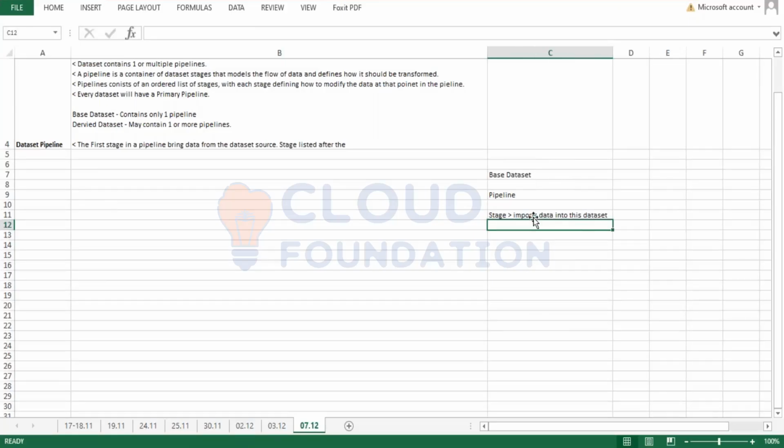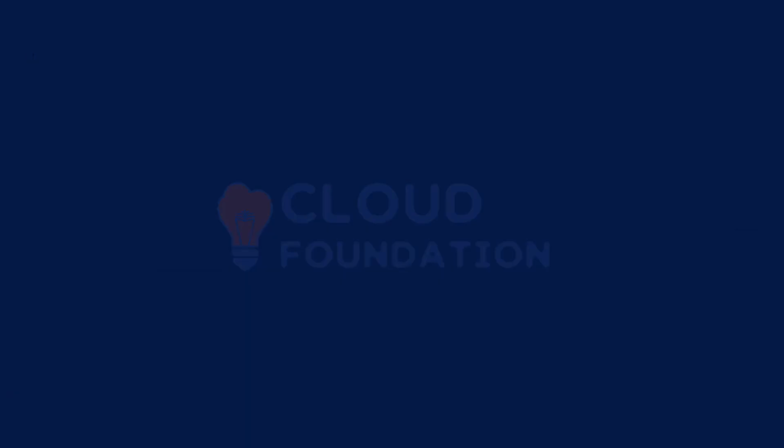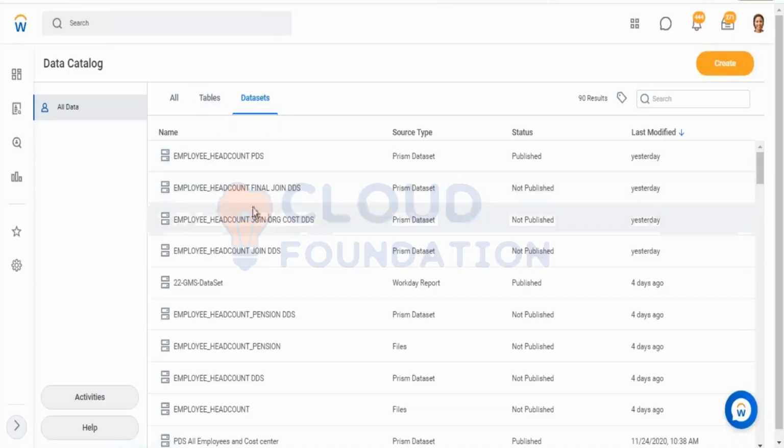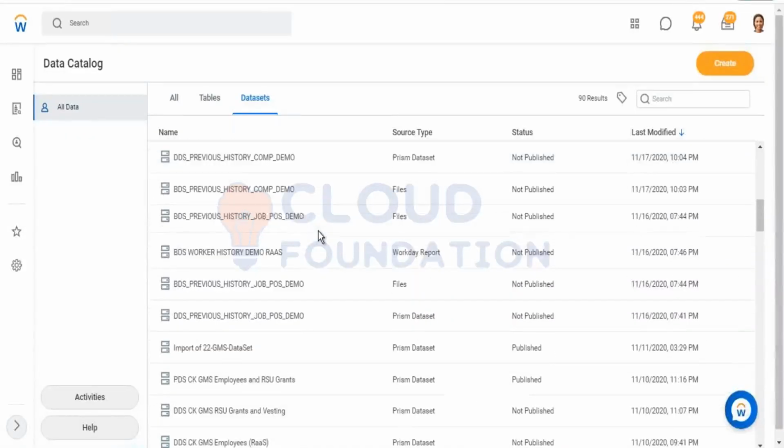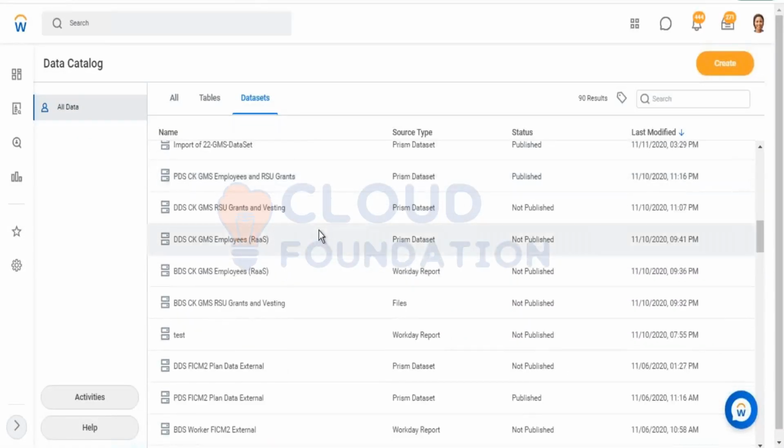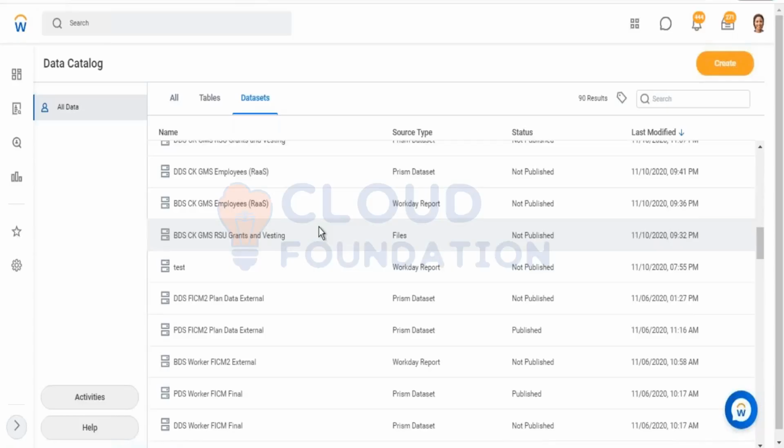Okay, how about a base data set? How will I create a base data set? I thought for the base data set we have import, and import is also a stage, right? When you say import or stage, parts, and so on and so forth, these are all called stages,